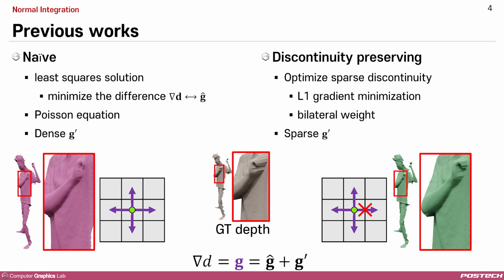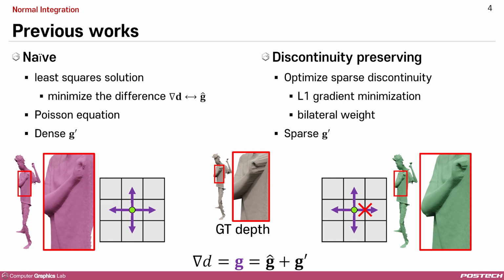Previous works have approached this problem in various ways. Naive methods assume continuity across all adjacent pixels, solving it like a Poisson equation. This leads to severe distortions since only the gradient G' is considered. Other advanced methods attempt to manage the errors sparsely by optimizing the discontinuity with techniques like L1 gradient minimization and